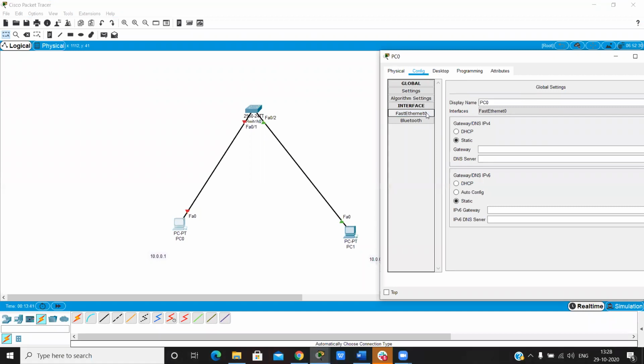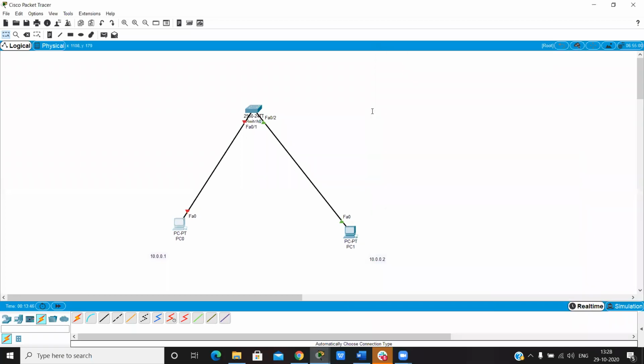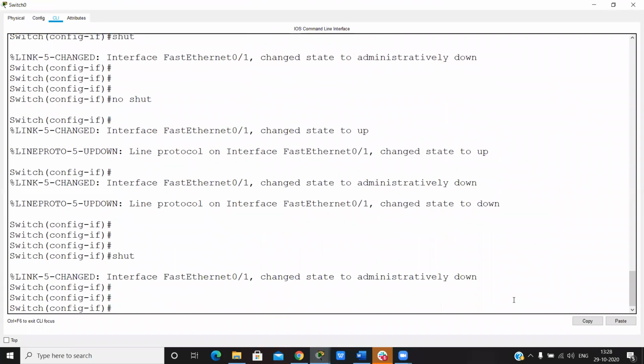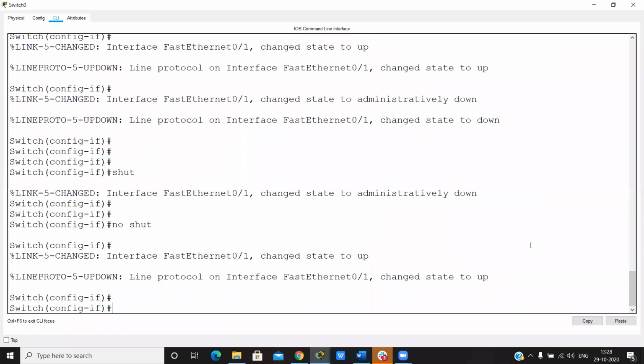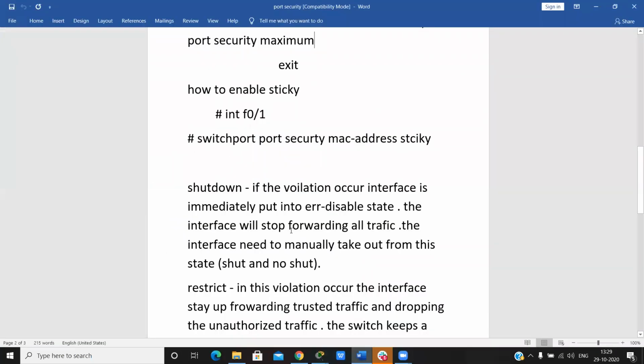Firstly, I change the MAC address, I write 4B. Now the network admin does shutdown and no shutdown, then our interface is up. So this is immediately put in the error-disabled state. The interface will stop forwarding all traffic. The interface needs to be manually taken out of this; you have to run the command shutdown and no shutdown.